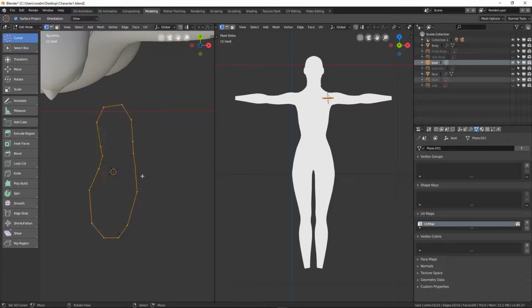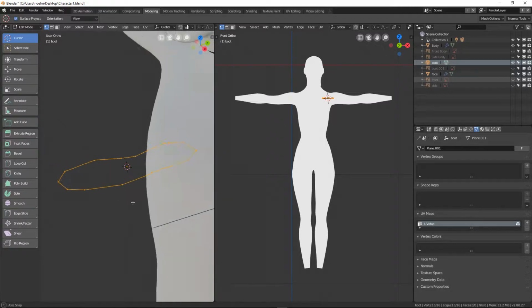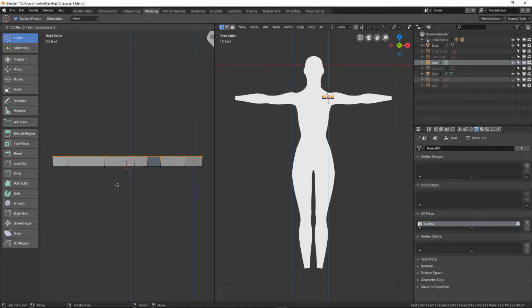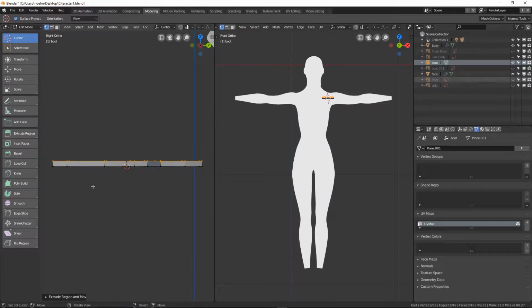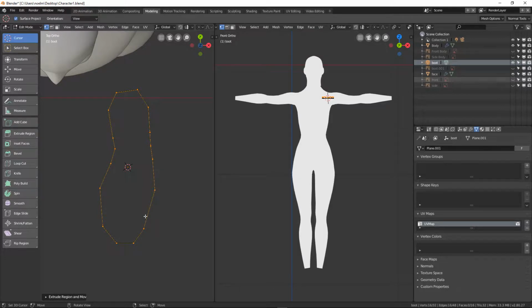and I'm going to select it all and look from the side. I'm going to press number 1 here. Now I know we're up at the face, but it doesn't matter. I'm going to extrude this upwards, and I just press the Z key there to constrain it to a vertical axis, and that's sort of the sole of the boot. Now from top view I'm going to press E to extrude and then escape, so I've sort of extruded it on top of itself,